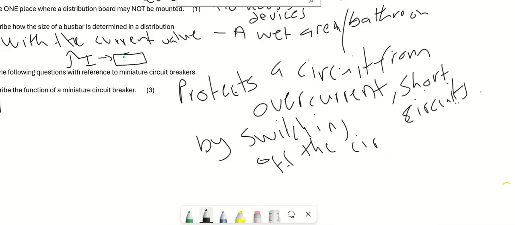So while it does that, I told you, when there's a fault in electricity, when electricity trips, there will be overcurrent and short circuits. So the circuit breaker automatically switches off the circuit. It trips the main switch. So once the main switch is off, there won't be any electrical activity. So that's the function of a circuit breaker.